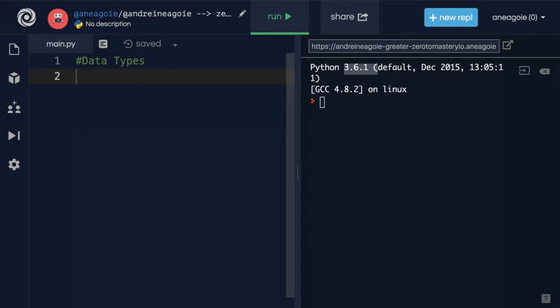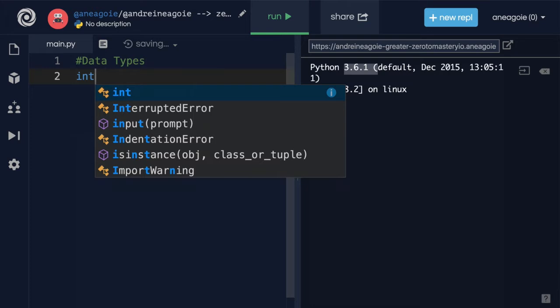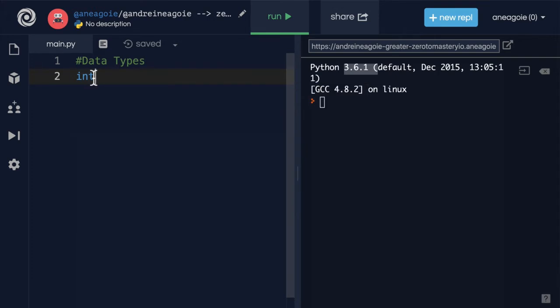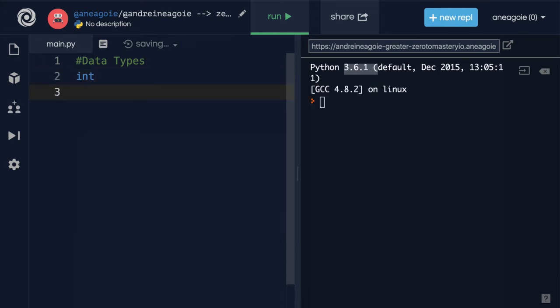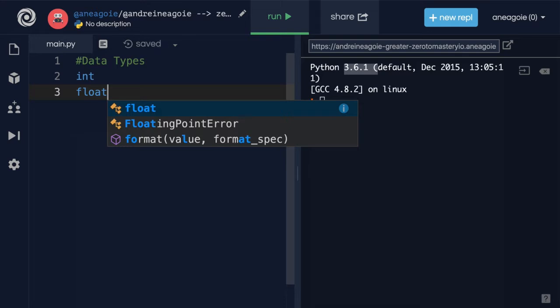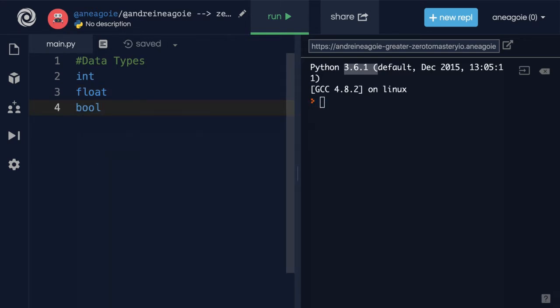And Python has several available to us. Now, I'm going to list them out for you, and then we're going to talk about each one individually. First, we have something called int. And you see right away when I type, the REPL already gives me a hint, and it's highlighting it. If I hover over it, it shows me that int stands for integer. We also have something called float. We have bool, which stands for boolean. We have str, which stands for string,